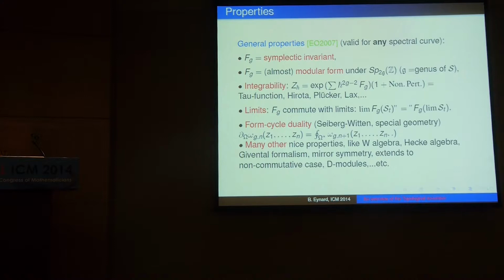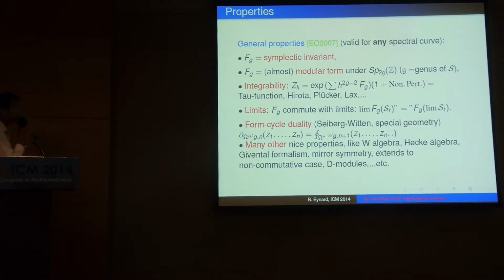If you are familiar with modular forms, you know that being modular is a very important property most of the time. So the fact that we always get something modular means that these are really nice objects, these F_g's. I'm not going to comment too much on it. Another important property is integrability. Those F_g's are related to an integrable system. There is a notion of Lax pair, tau function, isomonodromic system, Hirota equations, and all that. Again, I'm not going to comment. It's just to say that these really seem to be interesting